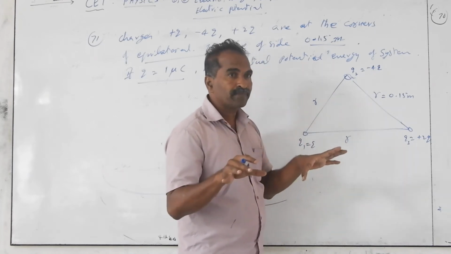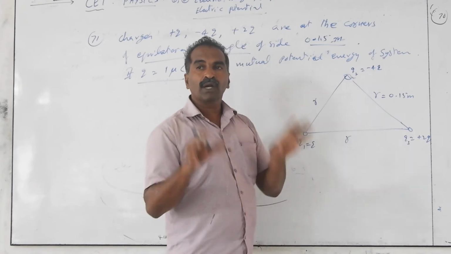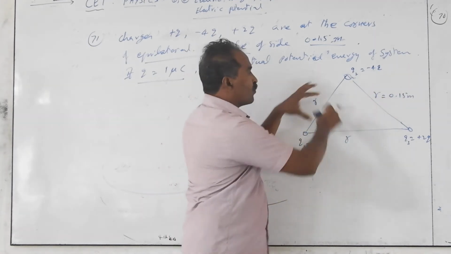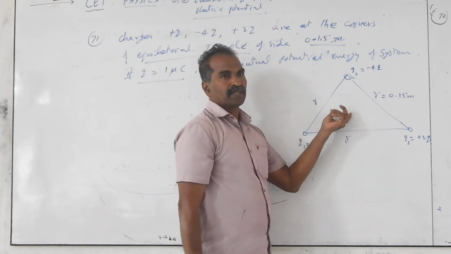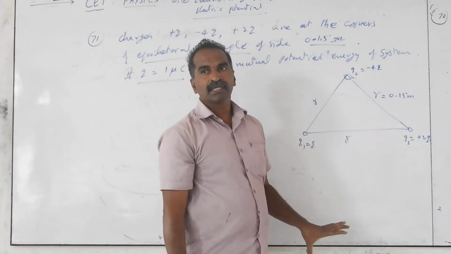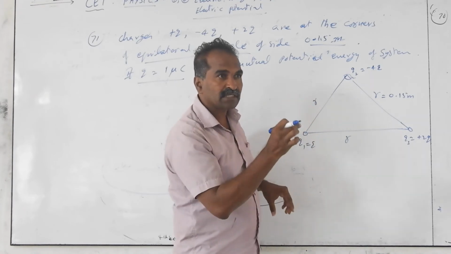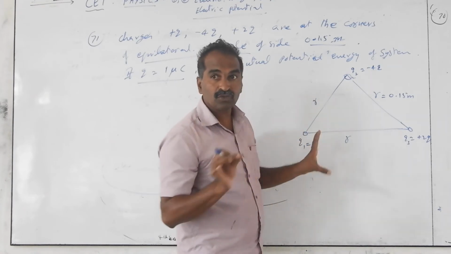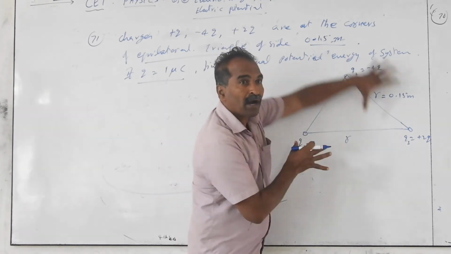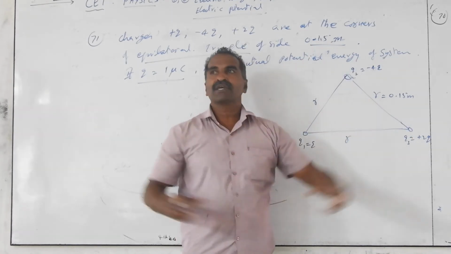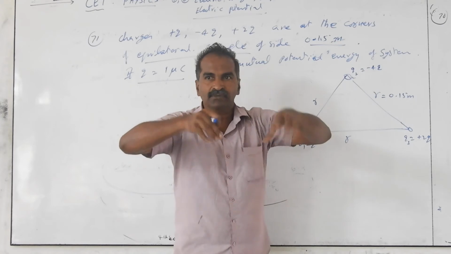What is the mutual potential energy? It is the work done to bring the charges from infinity to form this system at finite separation. Because you do work on all three charges to keep them in this position. If you bring one charge and then bring the others, the charges will move. They should not move from that position, so you have to hold them all. Imagine that we bring all of them like this, put them in this position and hold them.